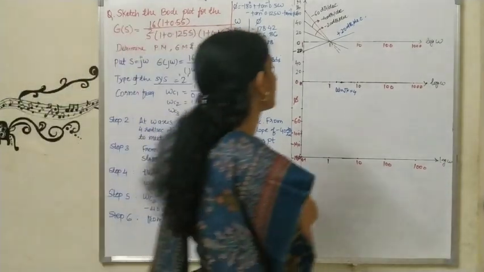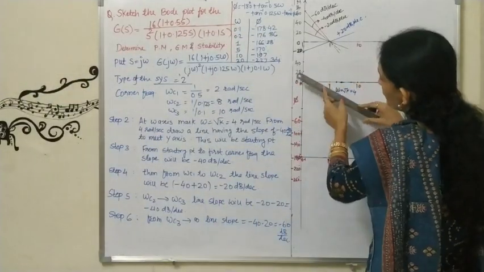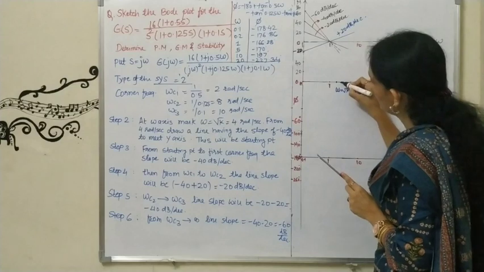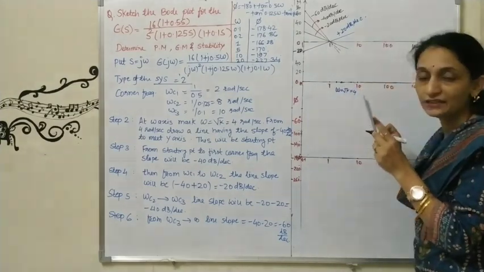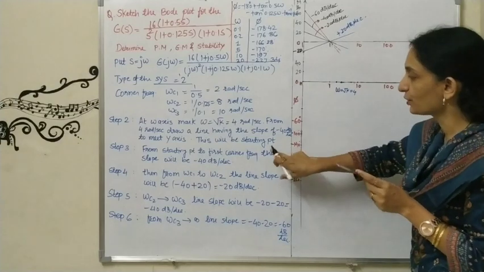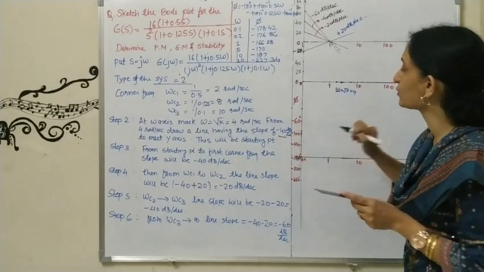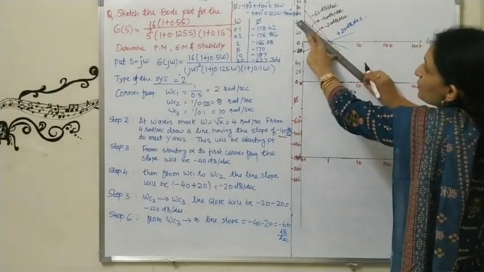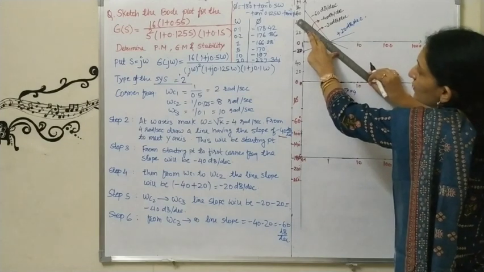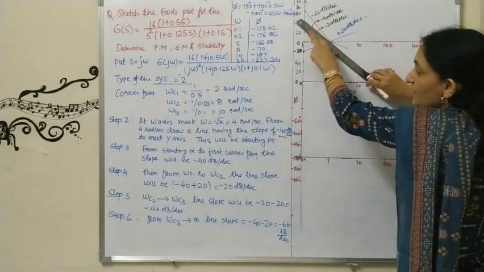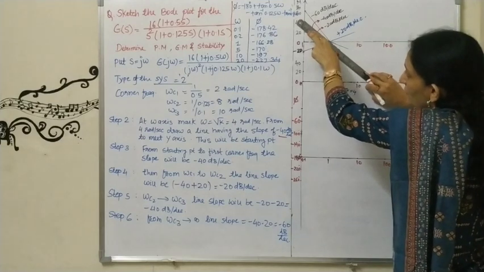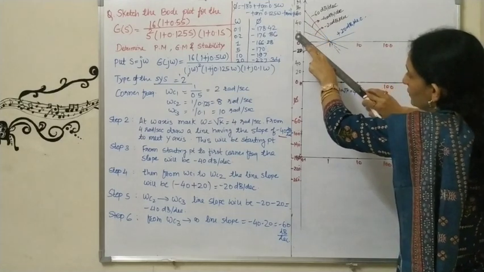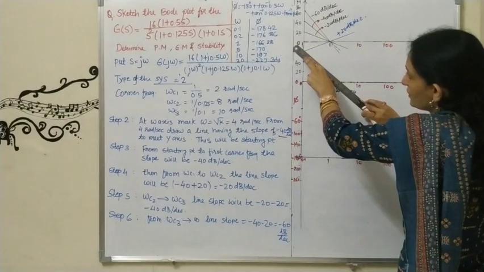So see here what I am doing. First of all, I will just take omega is equal to 4 here. And I need a line slope of minus 40 dB per decade. Look at this. I need a line slope of minus 40 dB per decade. So this is my line with minus 40 dB per decade. Please use a rolling scale to draw the parallel lines. Okay. So what I will do, I will just roll that scale. Okay. I will put the scale here.